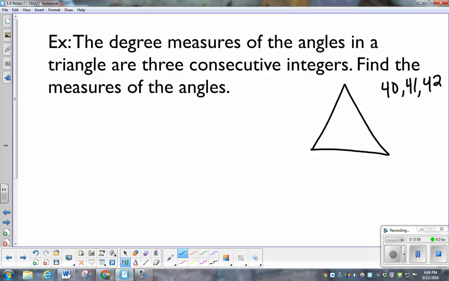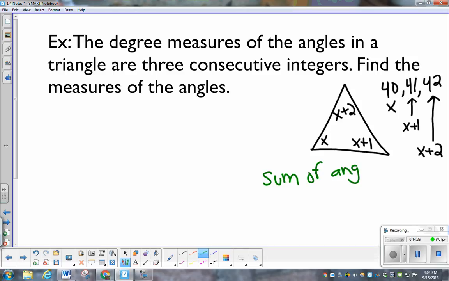If some of those did work, if we called one of those x, since they're consecutive, the next one has to be called x plus 1. And then the one after that, we could call x plus 2. If there are 3 consecutive numbers, we know we could refer to them as x, x plus 1, and x plus 2. So we can refer to our 3 angles as those for right now. We don't know what they are, but we know they're consecutive. So whatever the first one is, the second one is 1 more than that, and the third one is 2 more than the original. We also know that the sum of the angles,